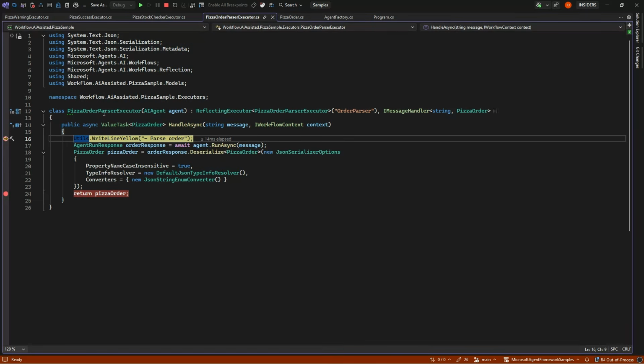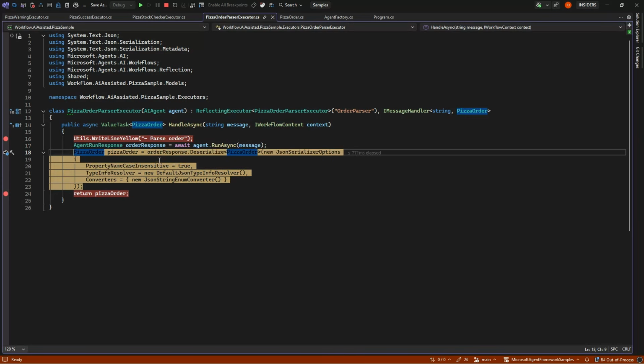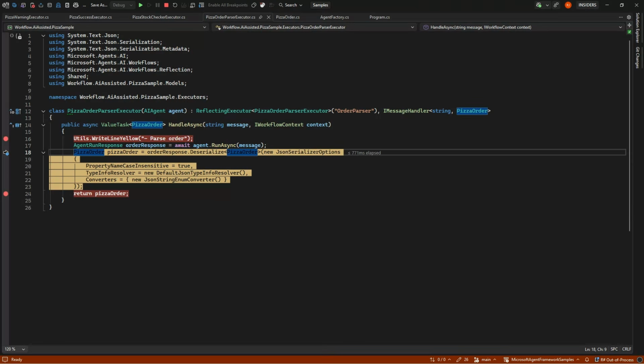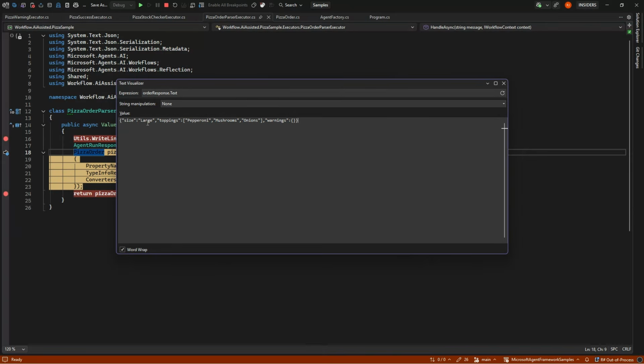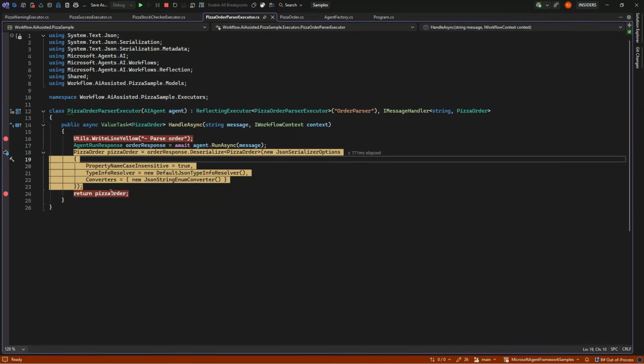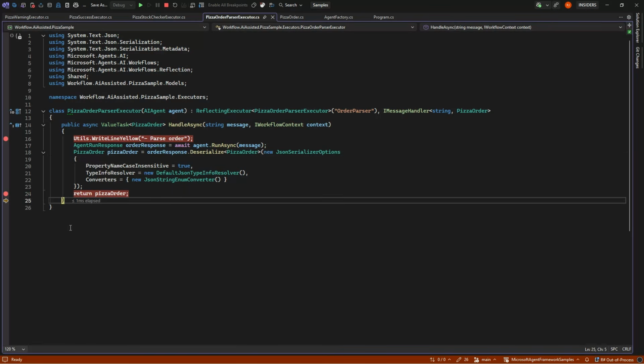And the first thing that happens is we hit the order parser, and the input was a string that just was make a big pepperoni pizza with mushroom and onions. And we're gonna take that message and just use our agent in order to get our response back, which will be some JSON. In this case, a large pizza with toppings pepperoni, mushrooms, and onions, and no warnings, of course, because we don't have any. And that is what this deserialize will do, so we actually have a real object. And that is the one we are going to give back to the system.